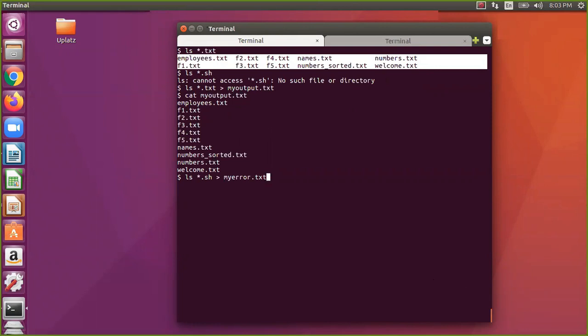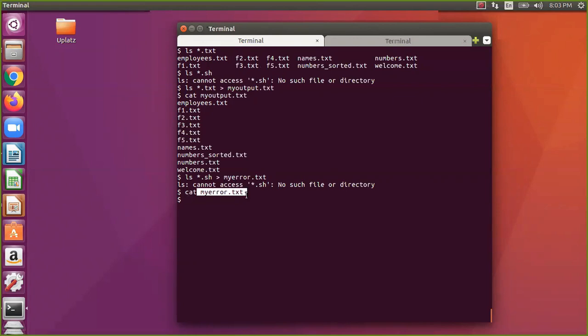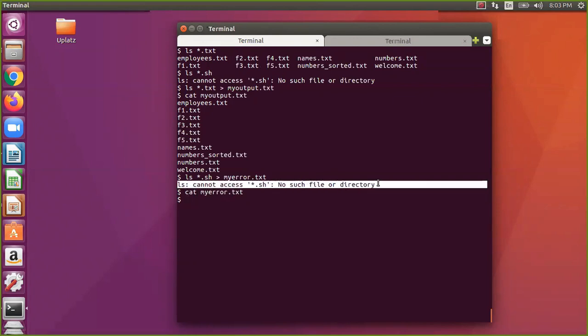What will be the output? You will be guessing that it will display the error message in my error dot txt, but the actual thing is not like that. Nothing will be redirected to that file. The output will be written directly onto the terminal.